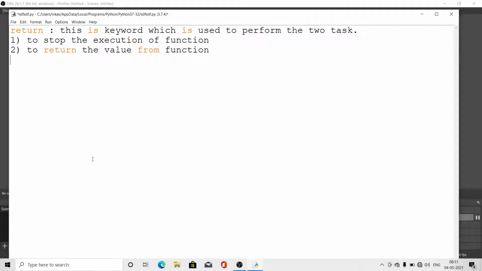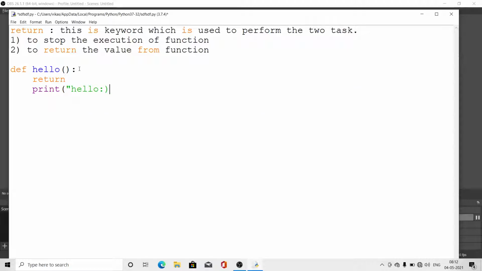Like the break statement, when the break statement is executed, the loop is stopped. Same as that, when the return statement is executed, the function is stopped. For example, look here. I have written a function def hello, and in that I have written return, and then I am writing print hello.